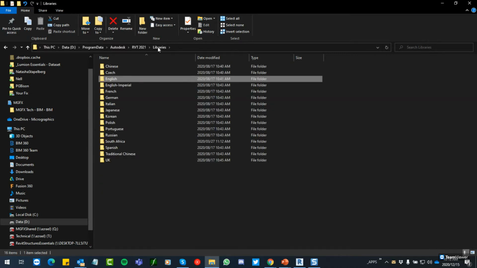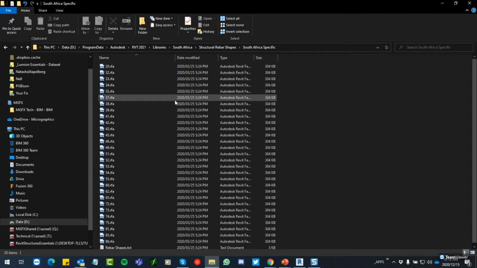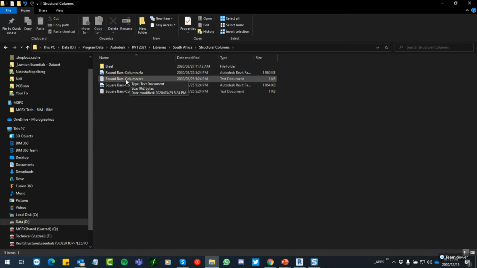However, with the South African library, what you'll find is that there's some extra content over here, including our rebar couplers, our rebar shapes. So you might recognize some of these numbers over here representing the rebar shape numbers. And then we've also got all the shape codes, and then we've got our rebar couplers, and then we've got two over here, structural columns and structural framing. When you open the structural columns, you'll see there are round bars and square bars. Those are